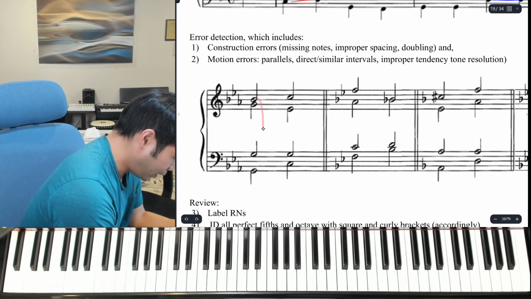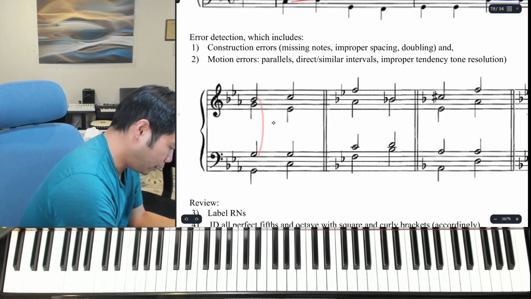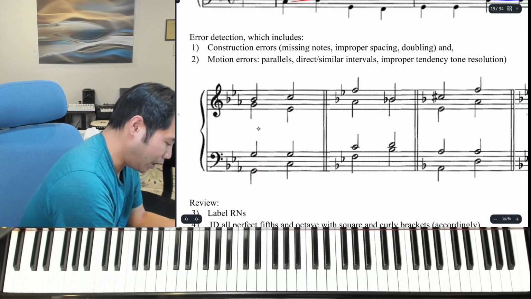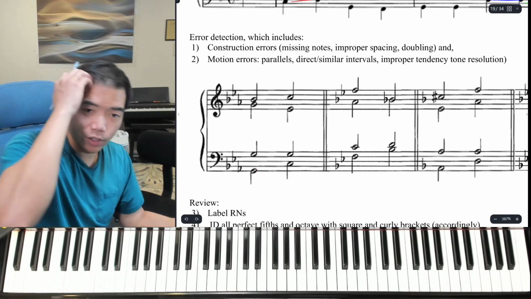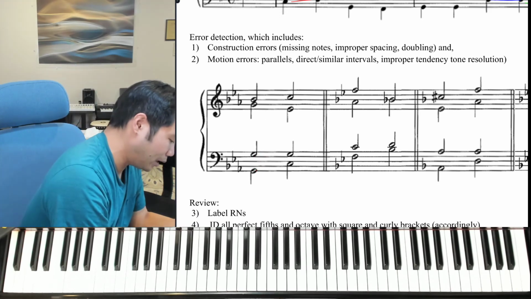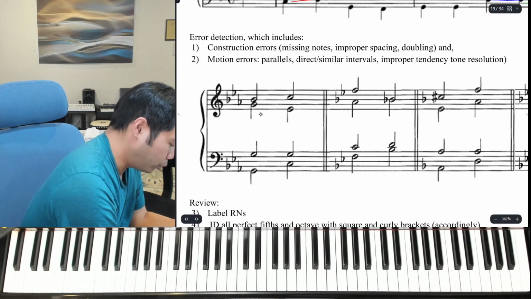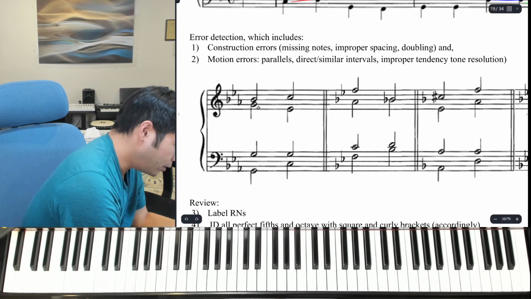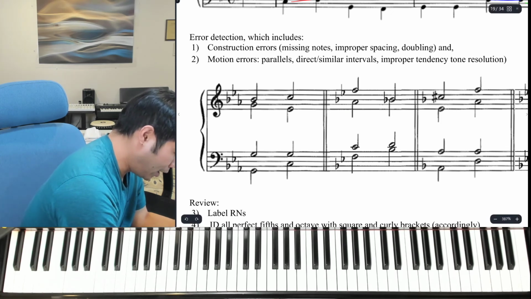Then I'm going to go soprano to tenor. That's a third, that's fine. That's a third, that's fine. This is a triple tonic, by the way. So in a triple tonic, that's a lot of tonics there. I think this would have made a lot more sense by moving the alto to a D, for example. All right, so now that's all fine, but we do have octaves here and here because they're all G's,